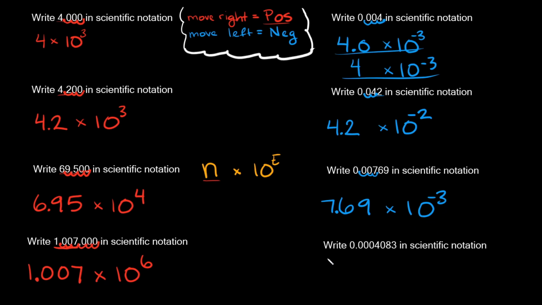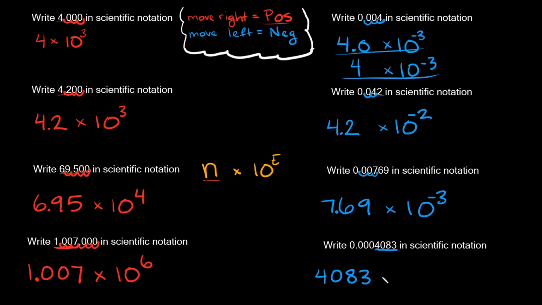All right, let's do one last one. So here, this one says write 0.0004083 in scientific notation. Okay, so again, the first step is writing down all your numbers that are not zeros. But in this case, we're actually going to include one of the zeros, right? Because there's a 0 right here between the 4 and the 8 and 3 right there, right? So we're actually going to write